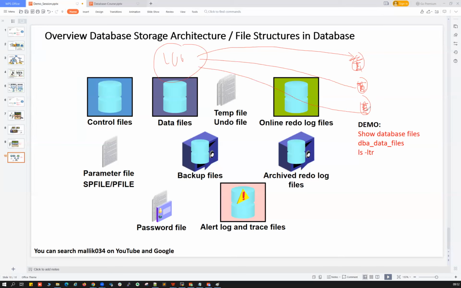And once redo log 3 is also full, Oracle will again start writing into redo log 1. So the existing content will be deleted and overwritten. So again, the transactions will be lost, right, if it overwrites. So in order not to lose the transaction information, we copy this redo log